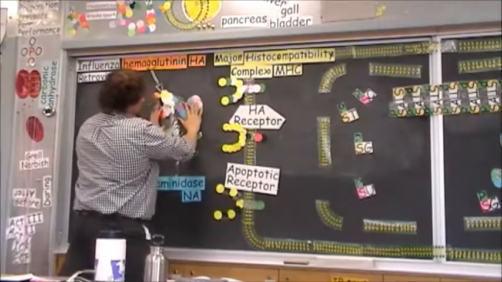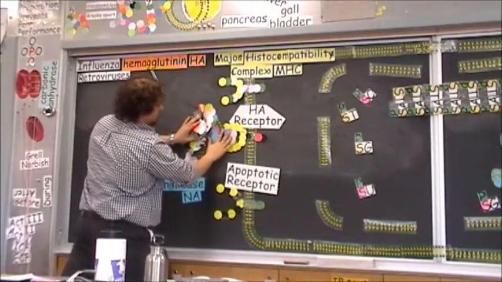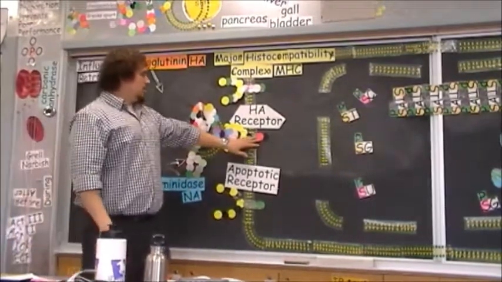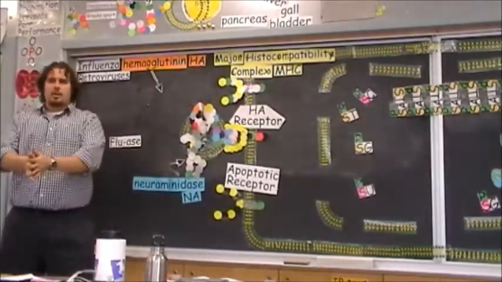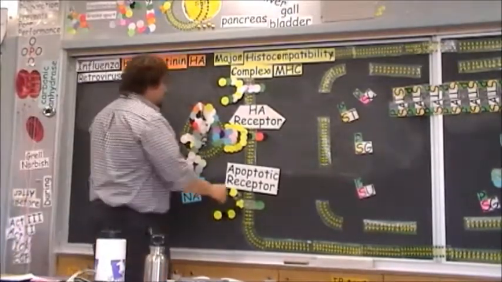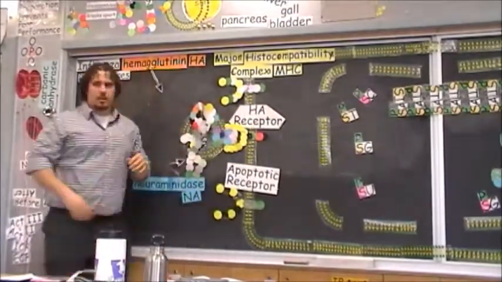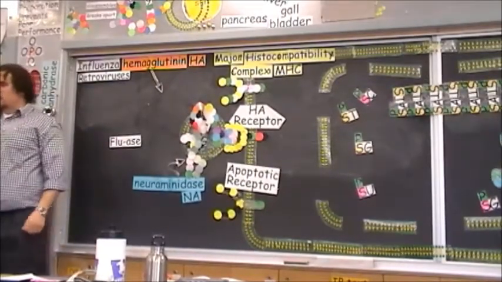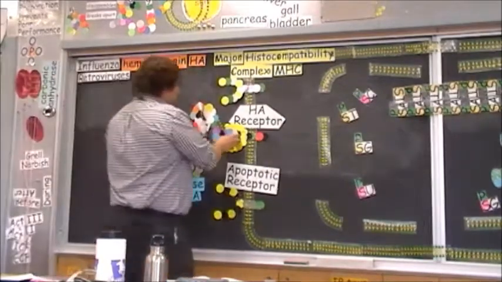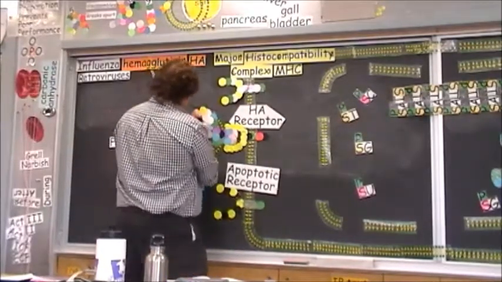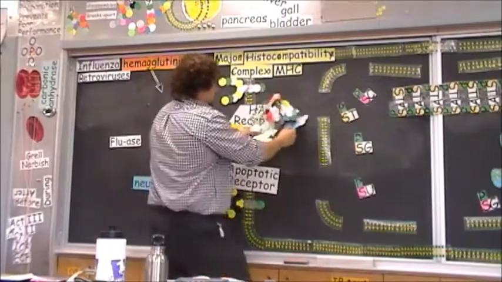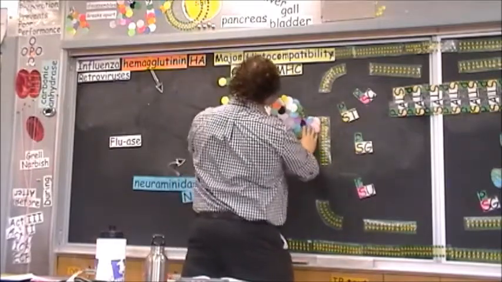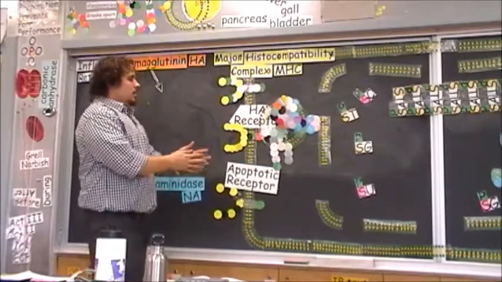Infection of our cells. So we have the HA receptor. It fits in nicely. Hemagglutinin binds, and it starts a chemical reaction at the membrane of both the virus particle and the host cell. Those chemical reactions allow the virus particle to come into the cell. Once in the cell, it will recruit